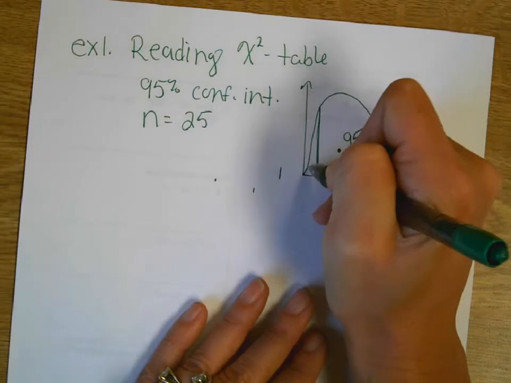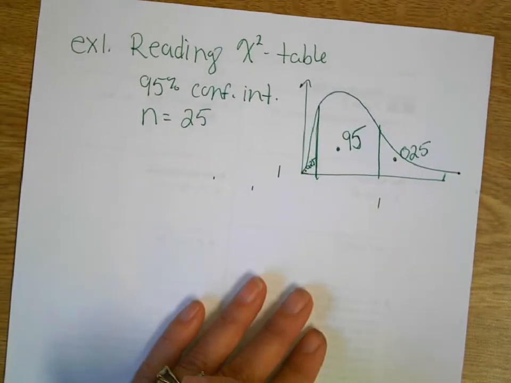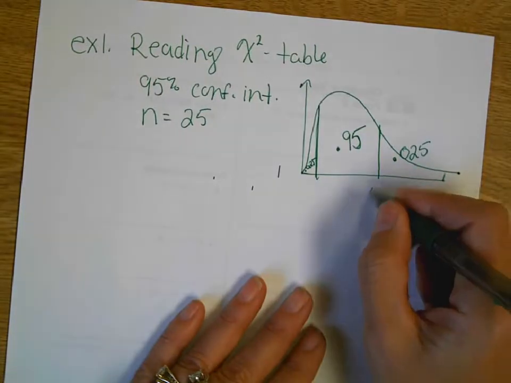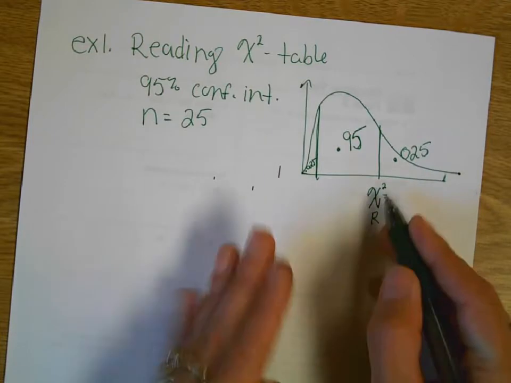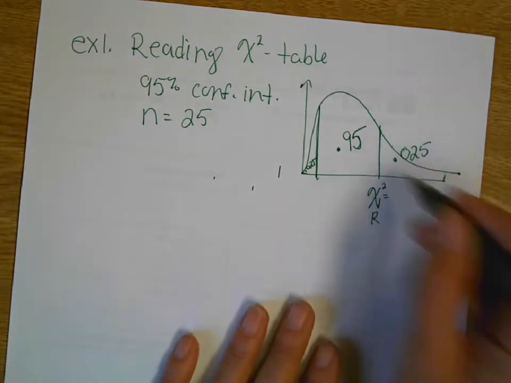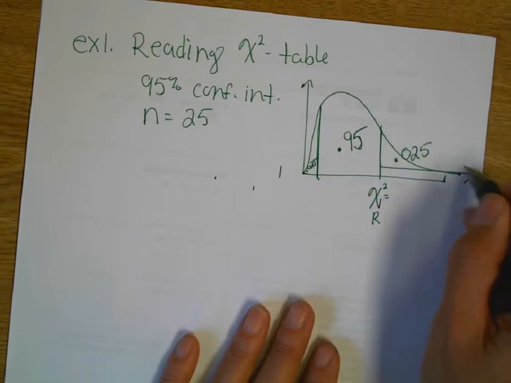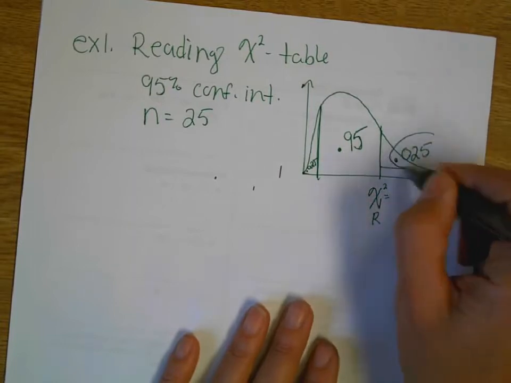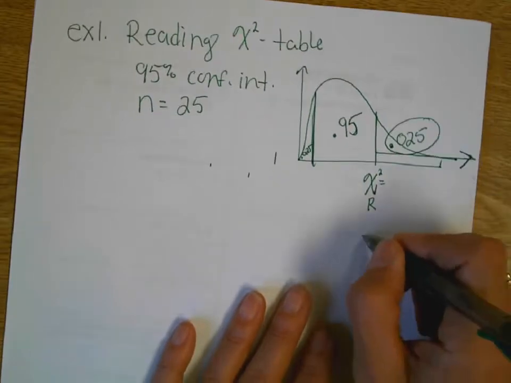And this piece back here would be 0.025 if we needed it, but we don't. So, if we want to find this chi-square value right here, the chi-square right, because it's on the right, you need the area to its right. How much area is to the right of this thing? 0.025. So we're going to look up 0.025,